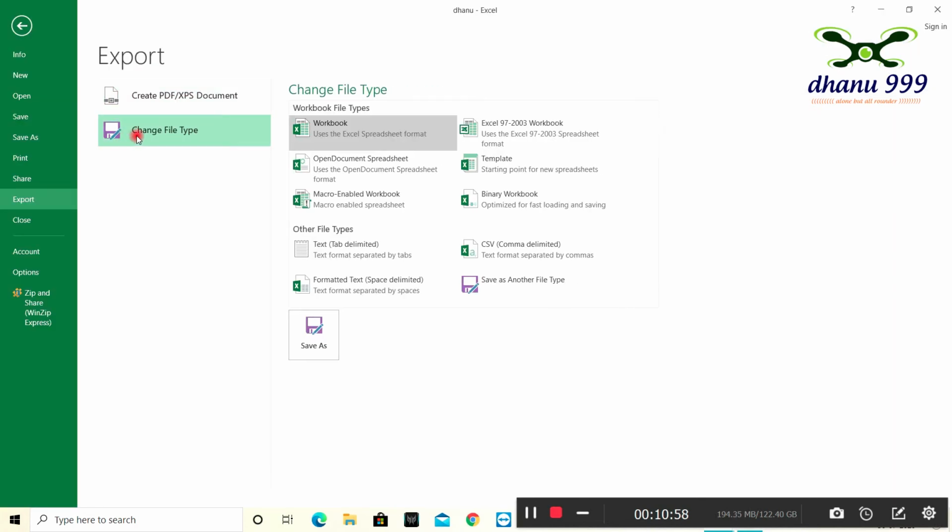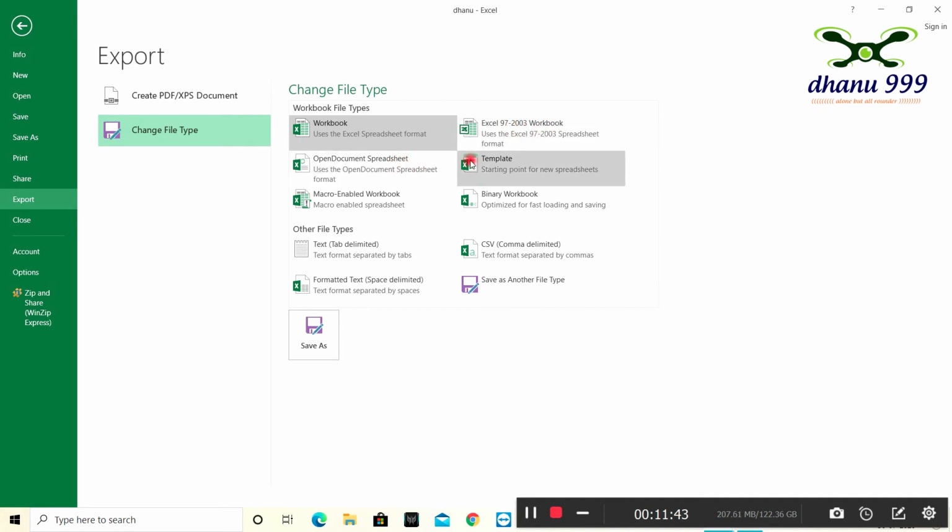And next one is change file type. It is very important nowadays. For example, if a person designs a resume in the 2016 Pro model, and he goes to a shop and tries to give it for print, but it doesn't open because in the shop they use the 2003 or 2007 model. Then what should he do? He should export the file into 97 to 2003. Not only in Excel, in Word also we need to do like this. He or she should export to 97 to 2003 workbook, then it will open everywhere. In any version it will open. We need to export to this format.